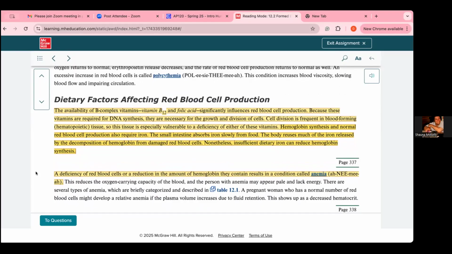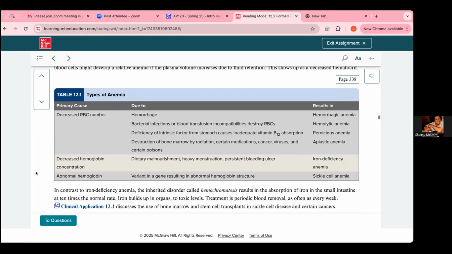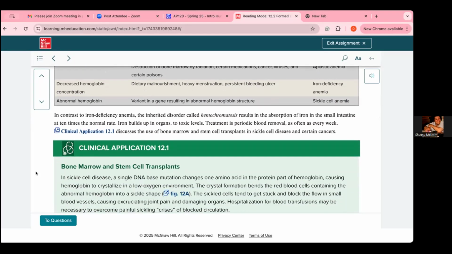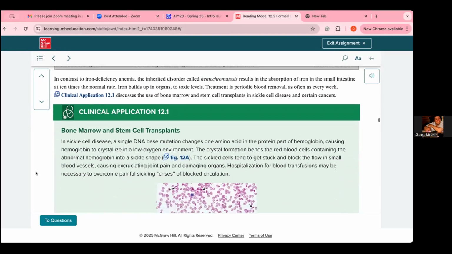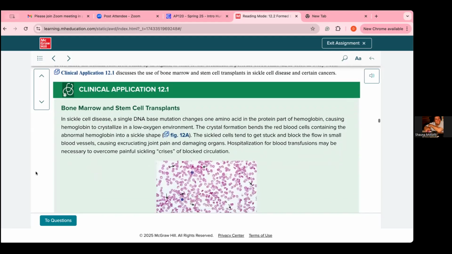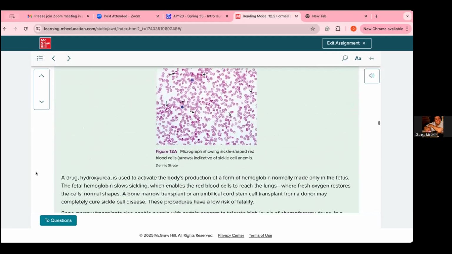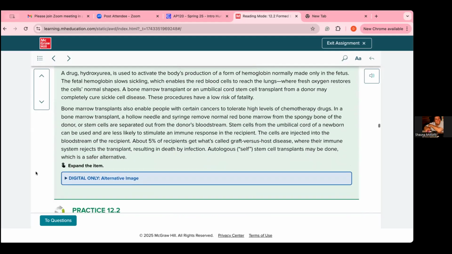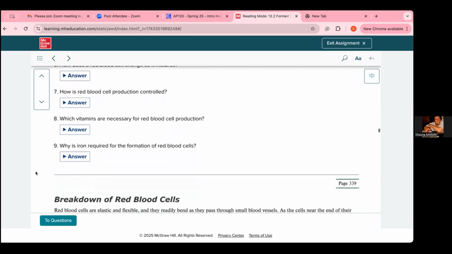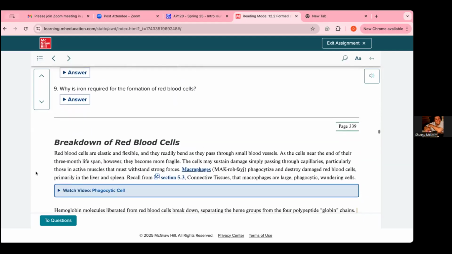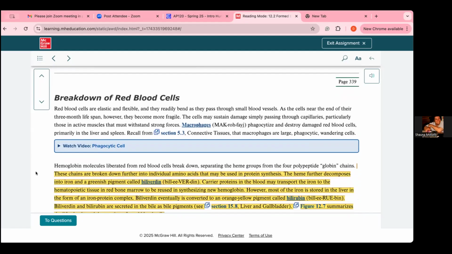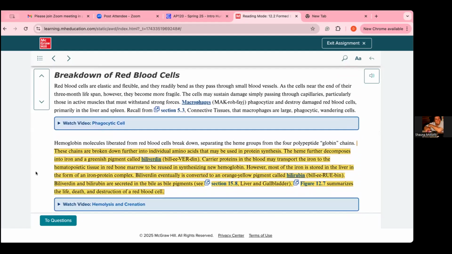Okay, that's about anemia. Is there anything else in here? Okay, this is different kinds of anemia. Bone marrow and stem cell transplants. Okay, here. Hemoglobin molecules liberated from red blood cells break down, separating the heme group from the four polypeptide globin